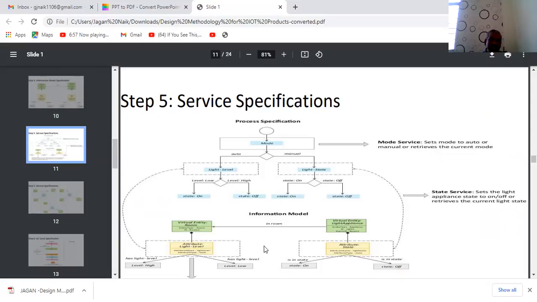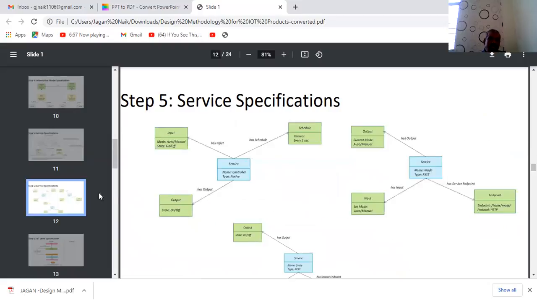That we need to design in the service specification aspects. For those classes having some kind of relationship, some activities are going to be performed between these objects. I'm designing exactly what services we need for a particular automation.